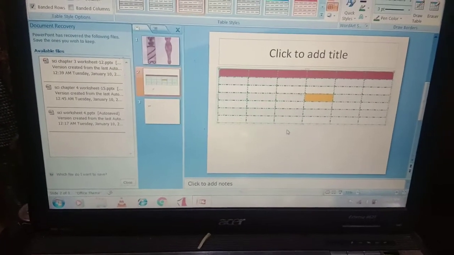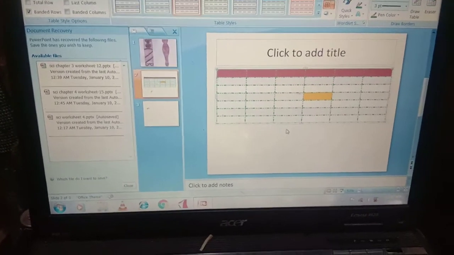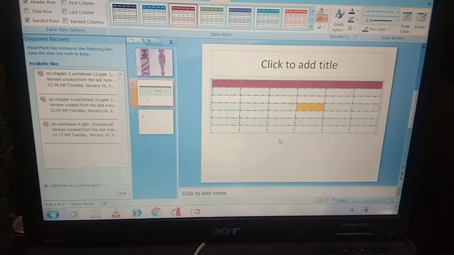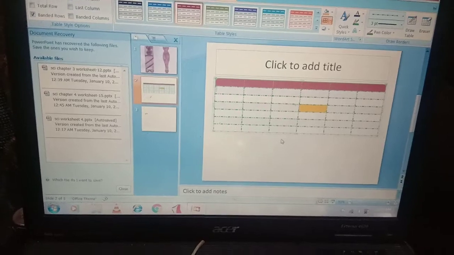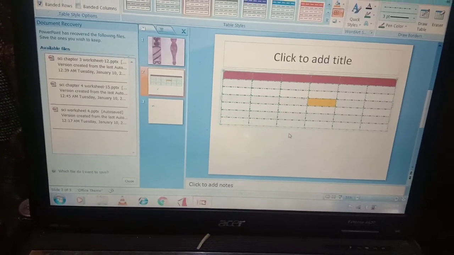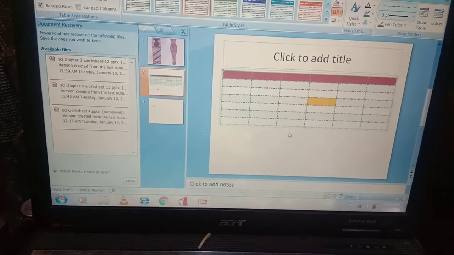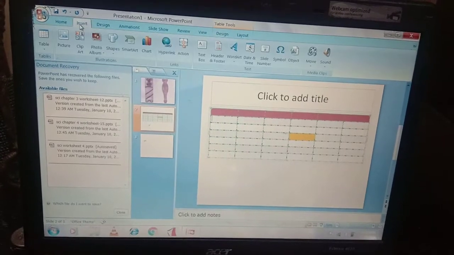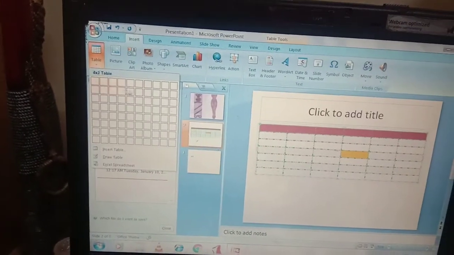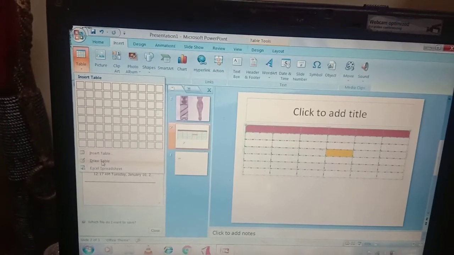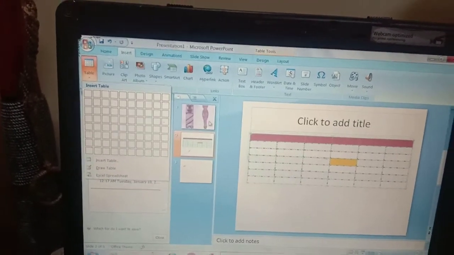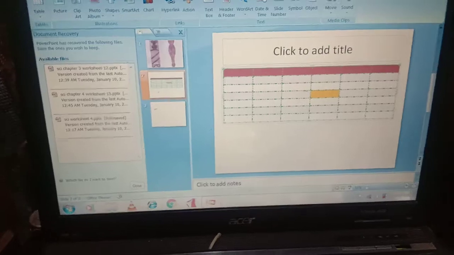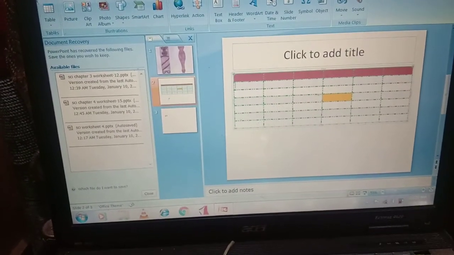So today we learned about how to format and style your background by picture, by colors, by different types of shades of colors. We learned about how to insert a table. There are two ways to insert a table: you can draw a table, or you can insert a table. The draw table option is there, so you can draw by your own also. And we learned about the different tools of the table. Today we learned about alignment also.